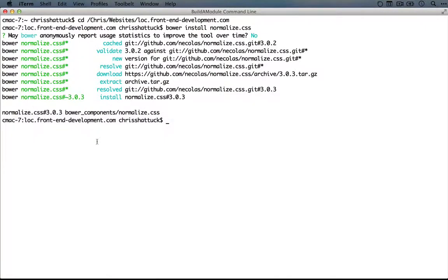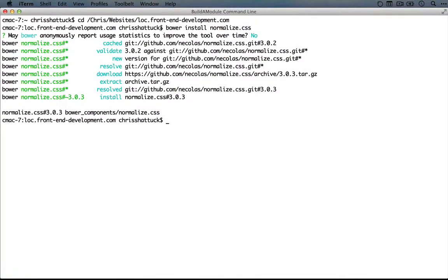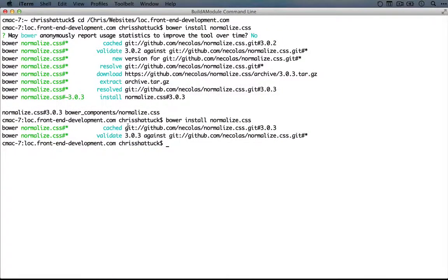So what we did on the command line was we ran the command bower install normalize.css. And what this will do is just install the latest version of it. In the future, if we wanted to install a more recent normalize.css, we could just run this command again, like so. But the problem is that sometimes these packages are going to have huge changes from one version to another. And if we download those big changes, then we might end up breaking some of our existing code. Sometimes with front-end development, it's not going to be entirely clear what the total effect will be in those changes